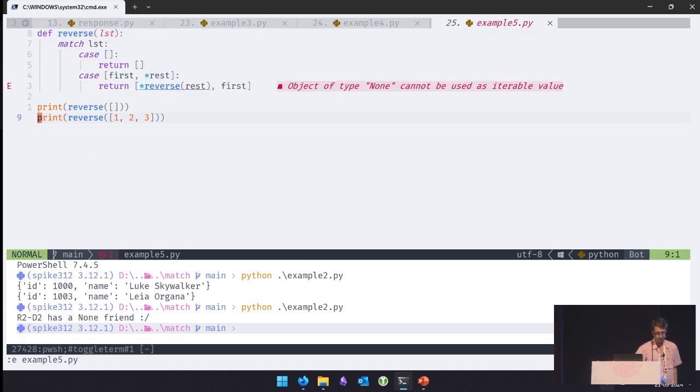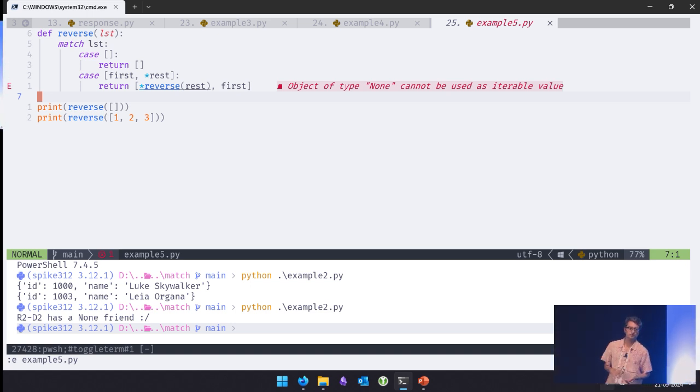So here's a common example: when you studied algorithms in class, you probably reversed a list, and they would have done it like this, right? If the list is empty, the reverse is empty. If the list is not empty, then take the first item, put it at the end, and reverse everything else. Normally we code this in Python with if else. It's not a big deal, right? You can check if the list is equal to an empty list.